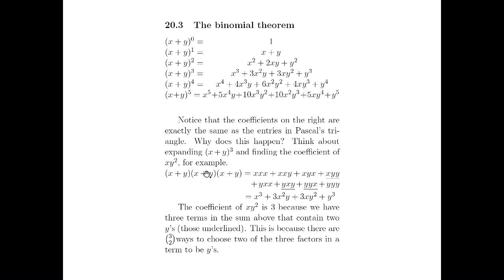And the same happens here, right? So you try and do it systematically: x times x, plus x times y, plus x times y times x, plus x times y times y, plus, where am I up to? Y times x, plus, and so on, right? You just go through systematically choosing every possible combination of x and y each time, right?